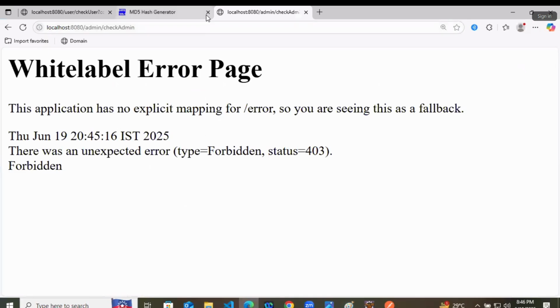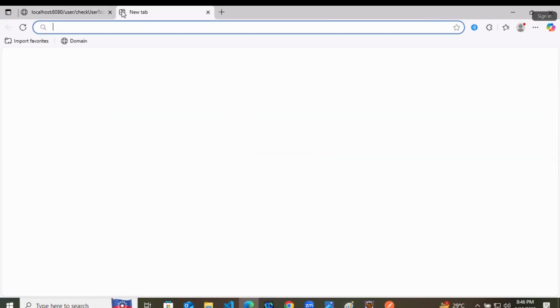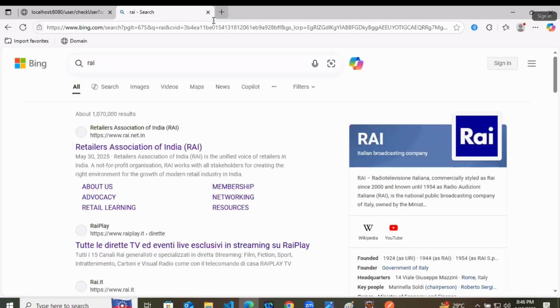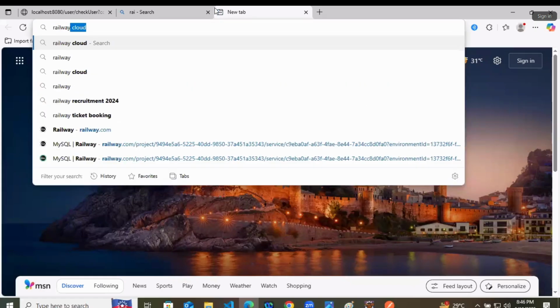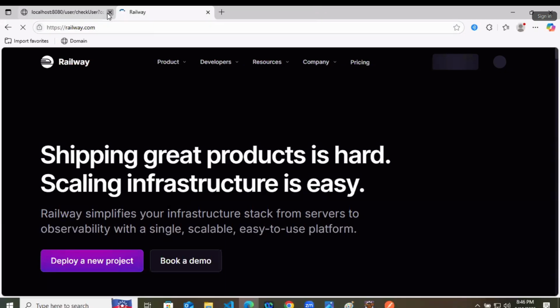Yesterday, we logged in to one website, that was the Railway website, for deploying our application. So let's go there and I'll try to log in again.